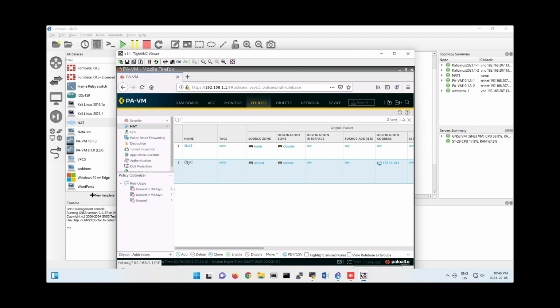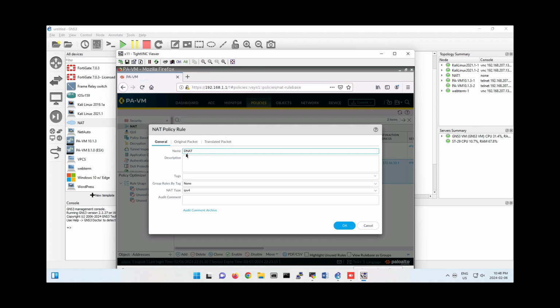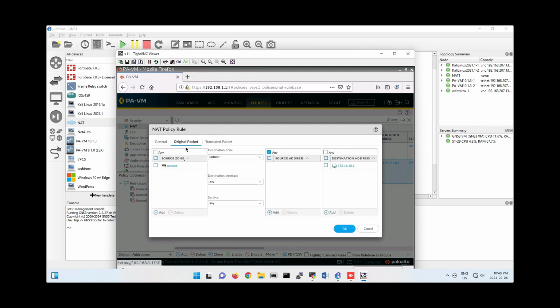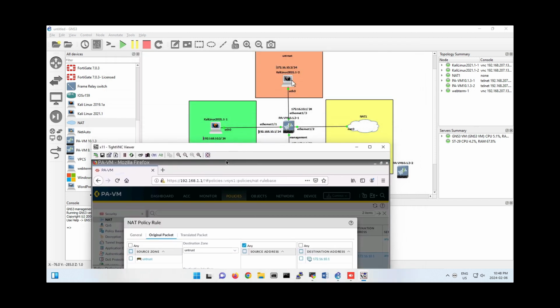When we create a DNet, let's see. Here is the general DNet, right? I put the name and then our packet has to be from the inside zone to the inside zone, so the source zone has to be inside and the destination zone should be inside as well,